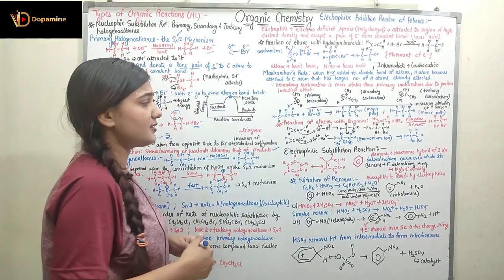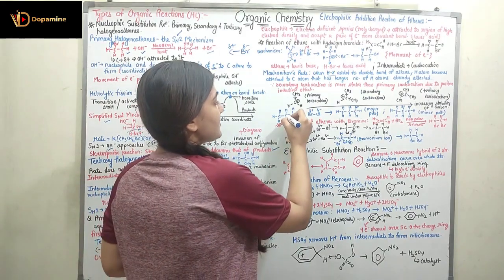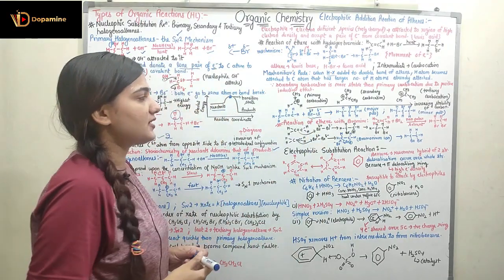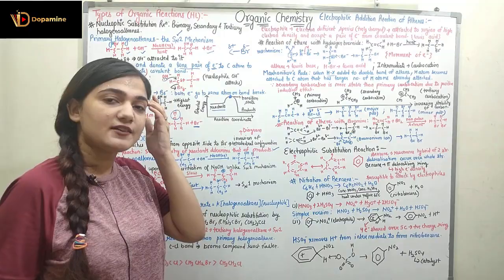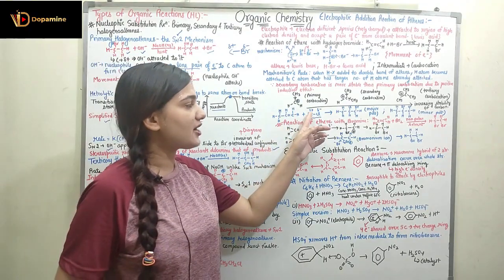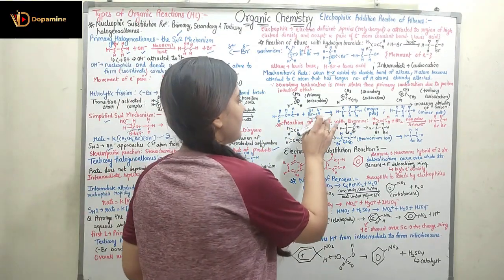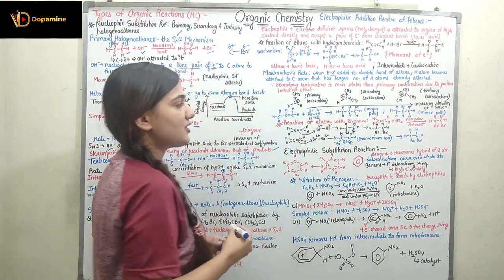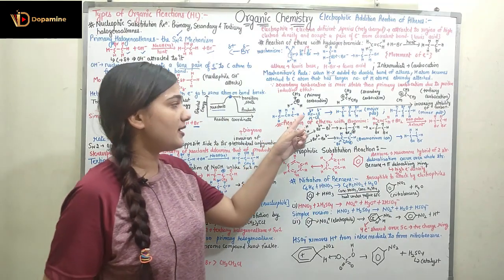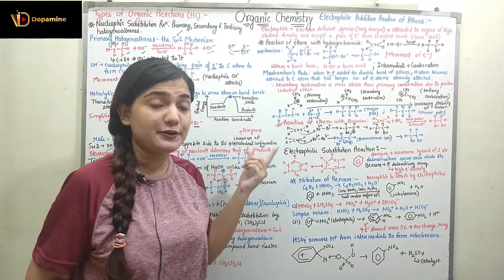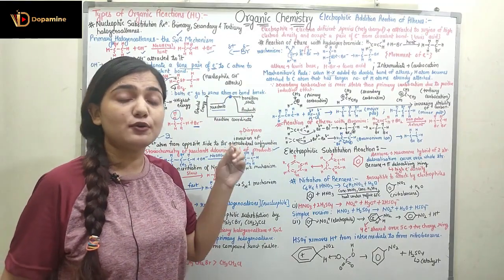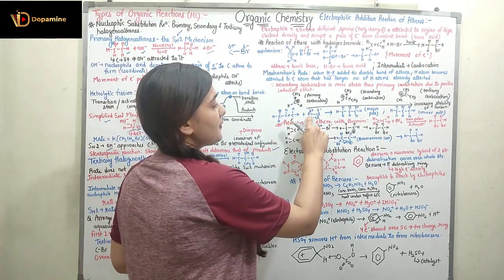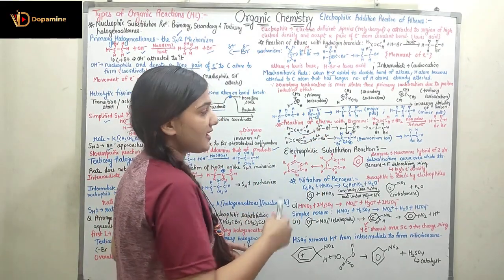So let's understand this. Here I have CH3, CH double bond CH2. Now I am adding Br positive, Cl negative. Instead of that I can add HCl as well, where H has partial positive and Cl has partial negative. So the bromine is going to react like hydrogen, and in Markovnikov's rule I told you hydrogen is going to attach to the carbon which has more hydrogen atoms. So here also bromine is going to get attached to the carbon which has more hydrogen.